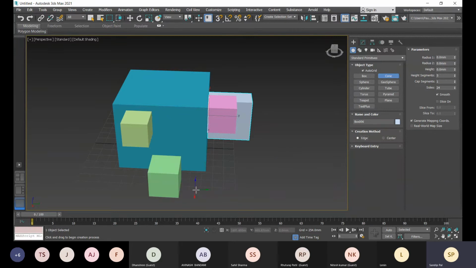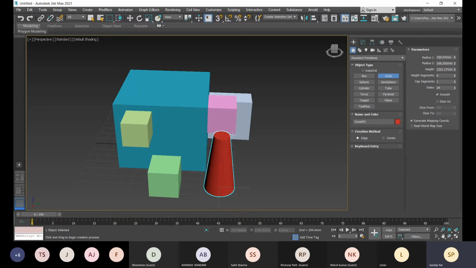Go to edge, and this auto grid I will turn off. So see, the point you mentioned is the first edge, and this is the second edge, meaning the diameter endpoints. Then you specify the height and then the top radius.